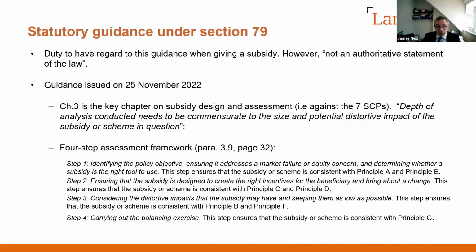The guidance is a long document. It's about 90 pages. There are some good examples in there of things like an SPI, particularly on SPI assistance, etc. Well worth taking a look, particularly for public bodies who are beginning to start thinking about what they do in 2023 and how they're going to design, and more to the point, lay the correct audit trail down to enable the lawful grant of subsidies going forward after the 4th of January.